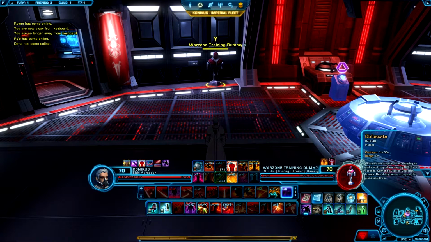Now, your next defensive, which is Obfuscate, obscures the target's vision, reducing its melee and range accuracy by 90% for 6 seconds. And this ability does not respect the GCD or global cooldown, so just keep that in mind when using it. Now, with the proper utility Ruthless Aggressor, you'll get that 75% Tech and Force resist chance, which is very useful, since, like I mentioned previously, most if not all classes have Tech and Force damage, and this will just negate most of it outright, and it's very useful, especially for